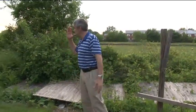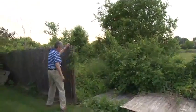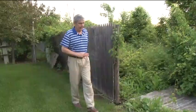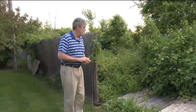We had this whole section just completely rip out. I've got to be careful so I don't get hit with this poison oak. But as you can see, they're just hanging on for dear life right now. In a couple of weeks, we're just getting our feet wet on this house here, but we're going to be